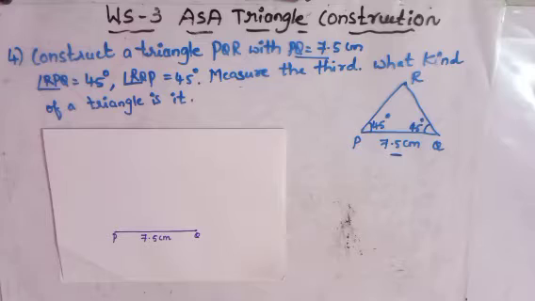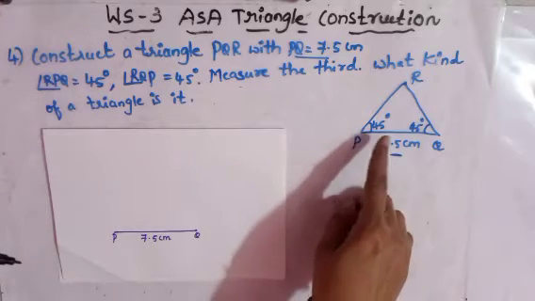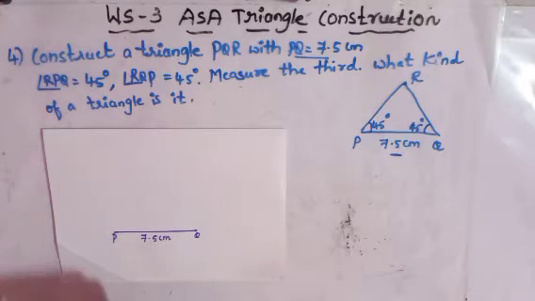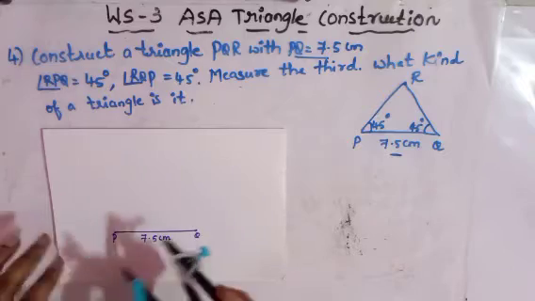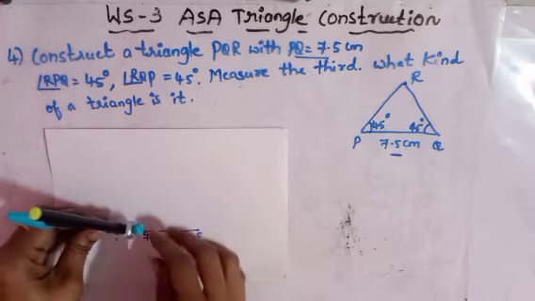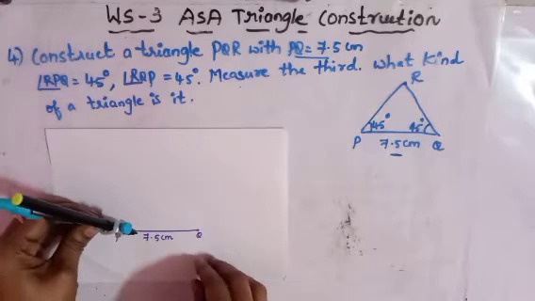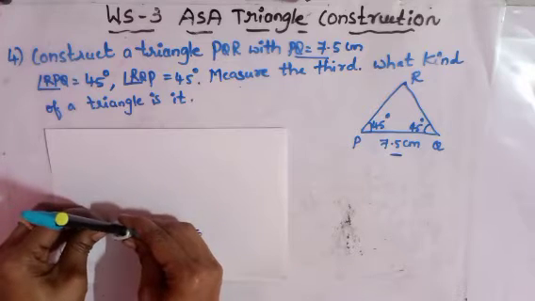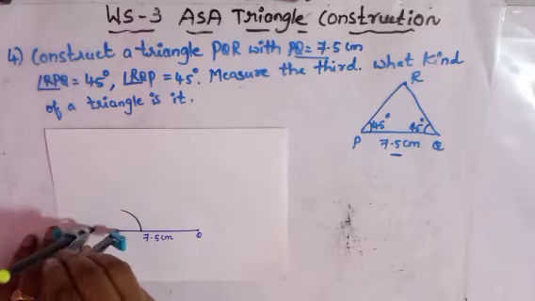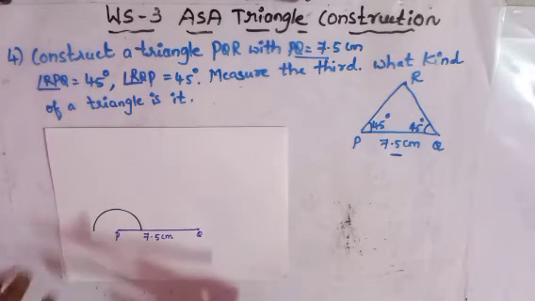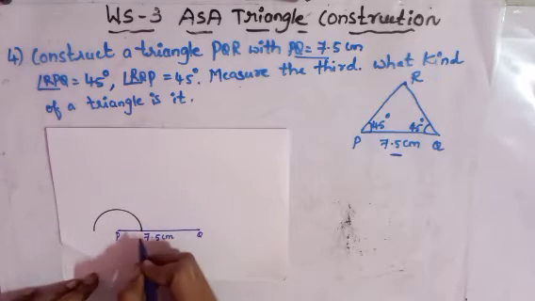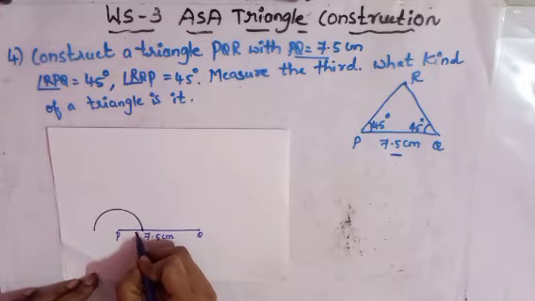So we have to use the compass to construct angle 45 degree. Through the compass we can construct 45 degree. See here, we can construct the angle 90, and 90 half is 45. So first let us construct angle 90 degree. For that, place the compass at P, take a convenient radius and draw the semicircle at point P. Name this point X.